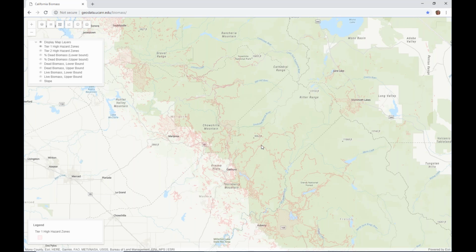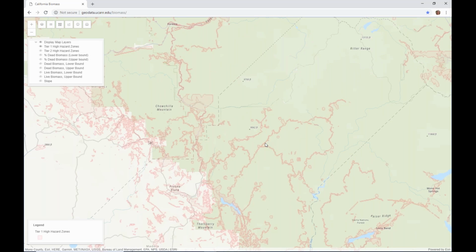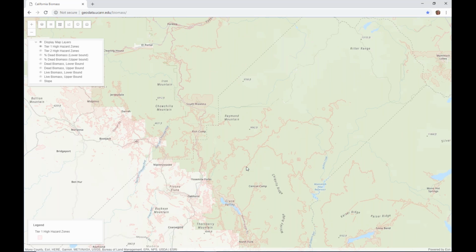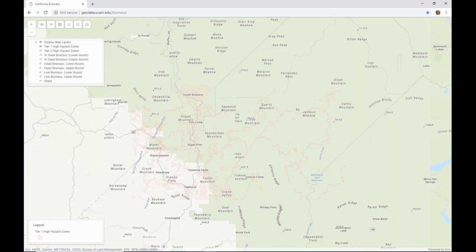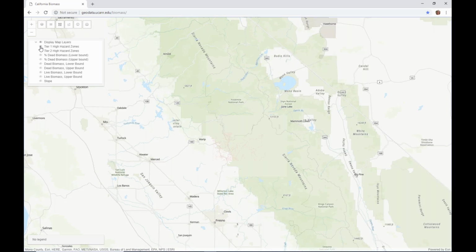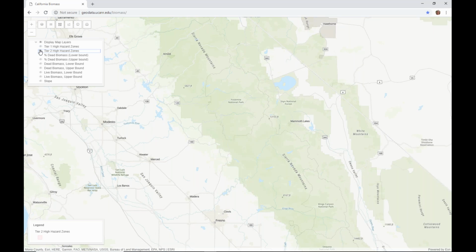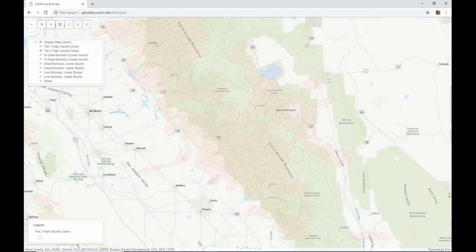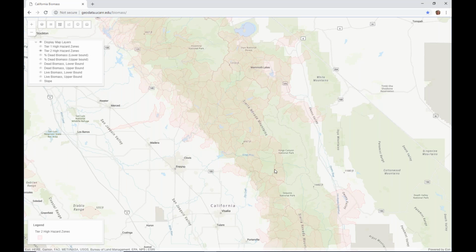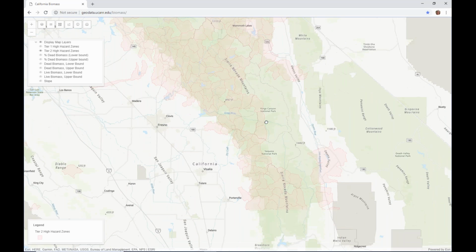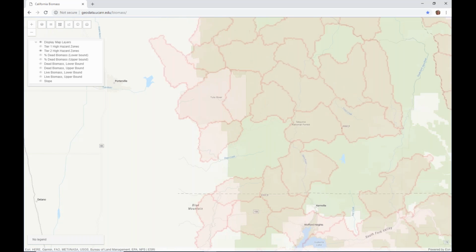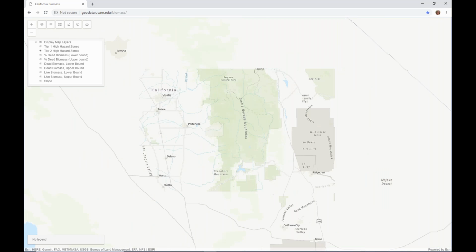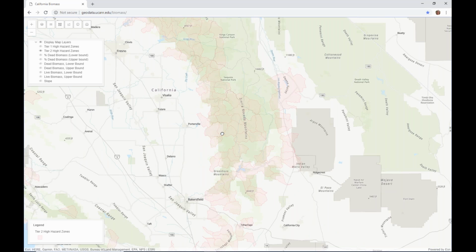That's why sometimes you see these very small kind of string-like polygons because they might be hugging a road, for example, or a creek. To actually see the Tier 2 high hazard zones, you'll need to zoom out because they are much larger. They capture large areas that have generally been affected by mortality and also are important for humans. So they disappear when you zoom in more. Oop, gone. Zoom out. There are the Tier 2 high hazard zones.